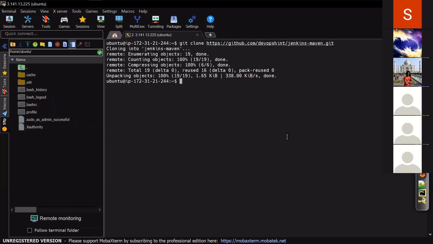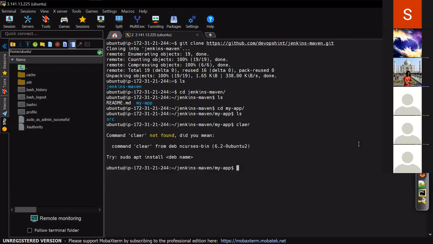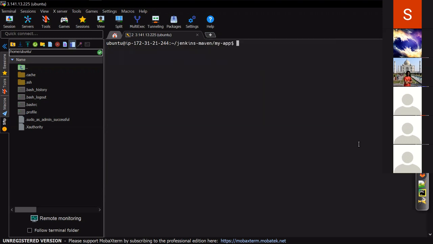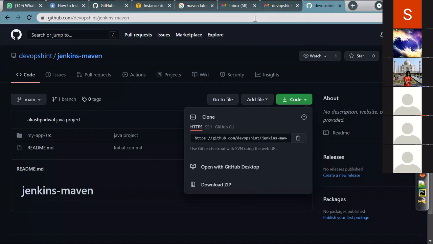So you can see Jenkins Maven. In that my app. Okay, you can see the source folder. Now we'll simply build using Maven. So go to the browser